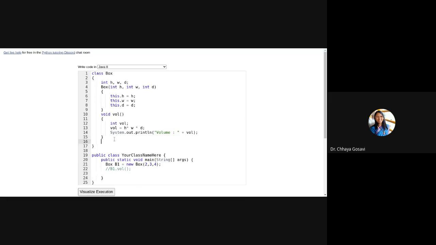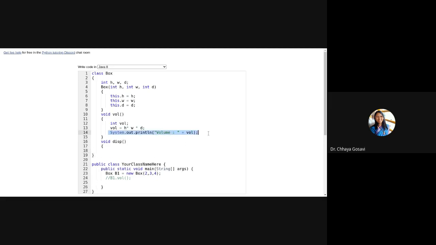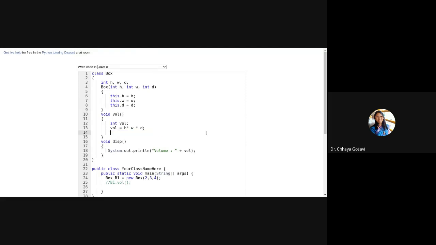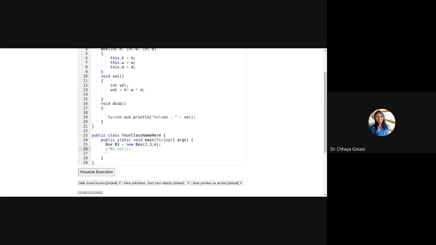Say here I have another method, void display, of the same class which has this function. And from display, I want to call the volume method. Here, instead of b1.volume, I'm calling b1.display.